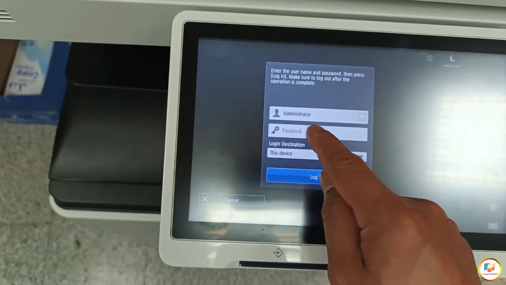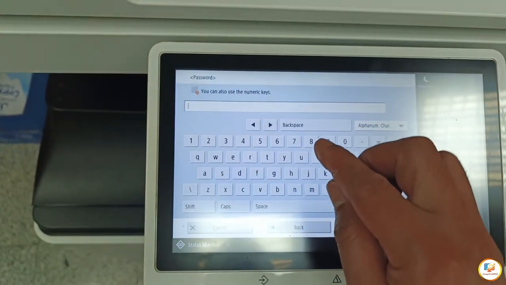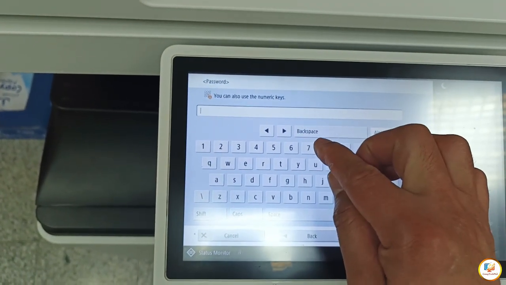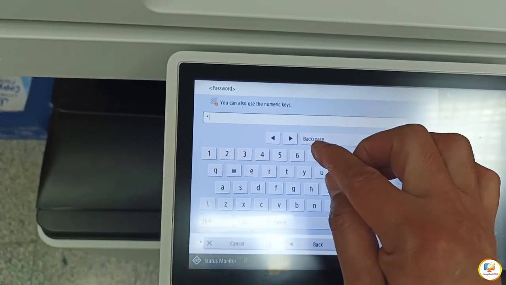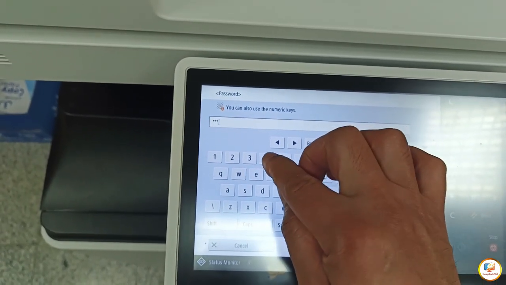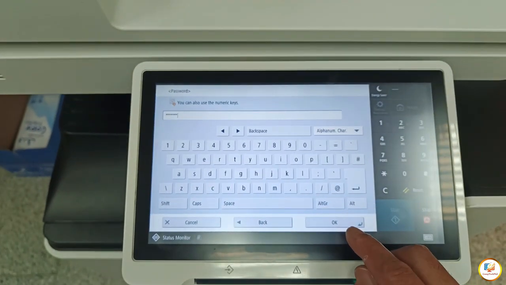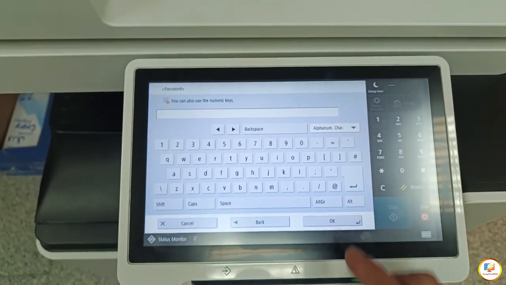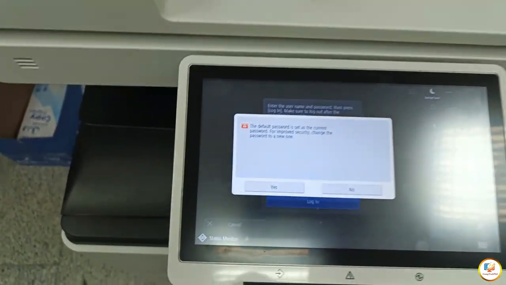Tap password. We're going to try the default password after password clear, after resetting: 7, 6, 5, 4, 3, 2, 1. Then tap OK, then log in.